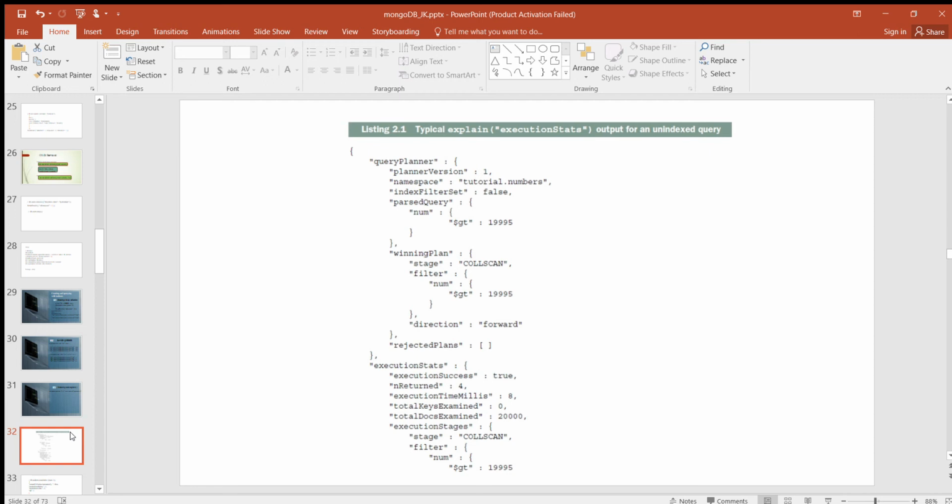Upon examining the explain output, you may be surprised to see that the query engine has to scan the entire collection, all 20,000 documents (docsExamined), to return only 4 results, where num is greater than 19,995. The value of totalKeysExamined, the number of index entries scanned, is 0.